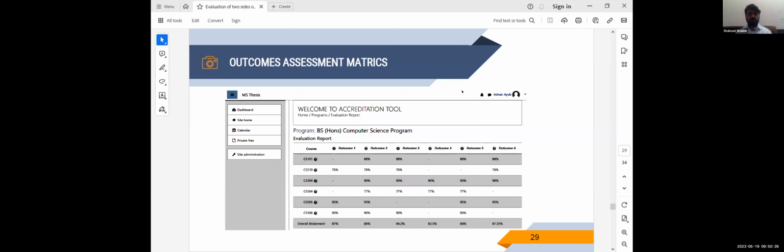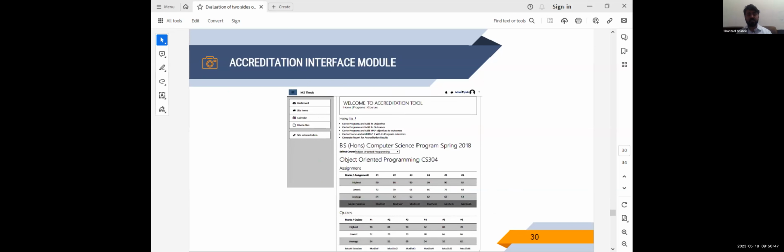Now there is the assessment based on the courses. You can see the aggregate or the average score of outcome 2 on the basis of outcome 2 and outcome 5. This is another way to see it. And then this is the interface for the accreditation bodies. There they can see the course and different assignments, the highest marks, the lowest marks, the average, and then